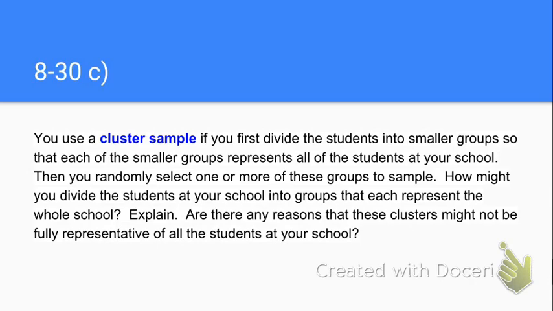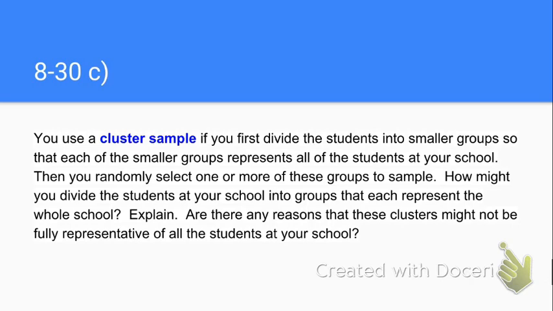Okay, so think about the different types of groups that we have at the school, and we would want to start making sure that each of those groups is going to be represented. So one thing could be boys and girls. Another might be 7th and 8th graders. These are different groups. Now, if I'm doing a cluster sample, I'm going to pick so many 7th and 8th graders. I'm going to pick so many